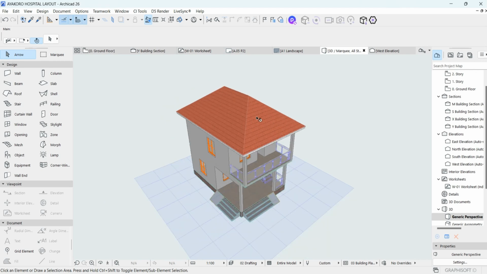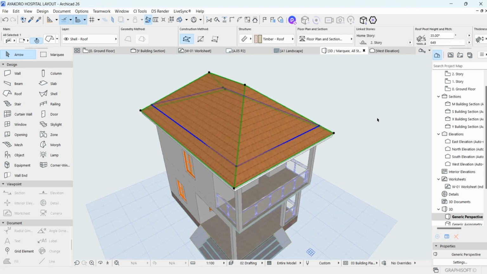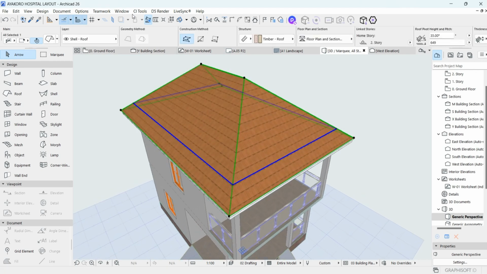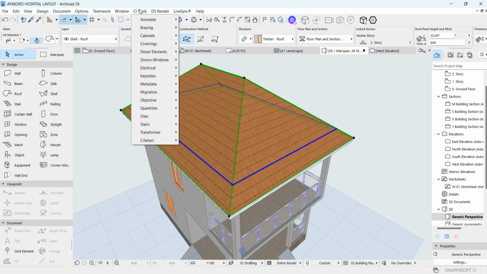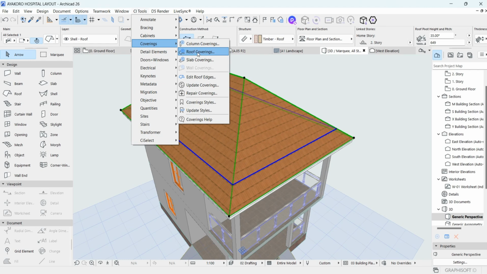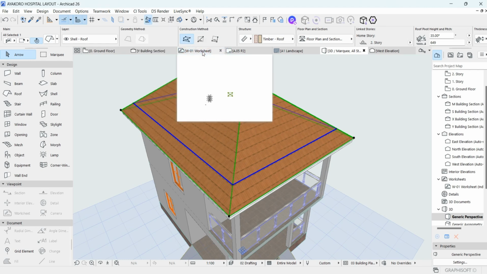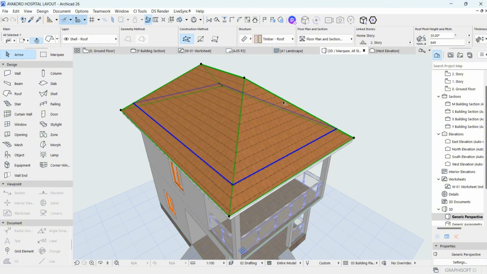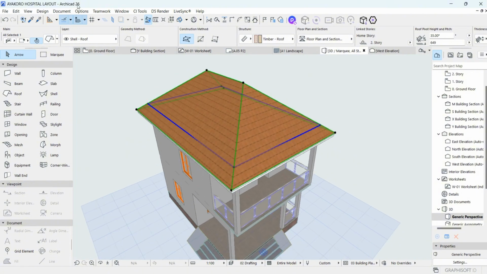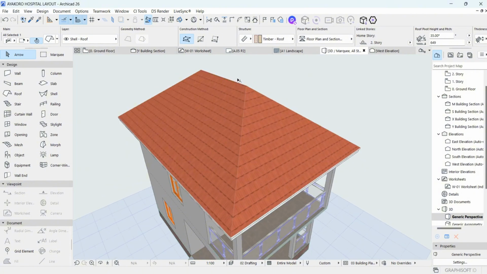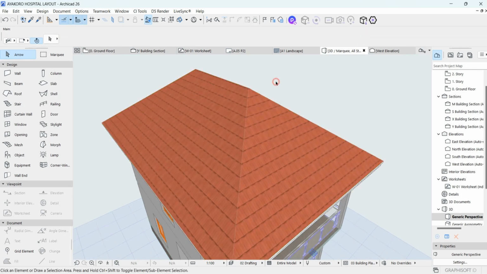So first of all, I will click on my roofing sheet after doing my roof. Then I will click on the CI Tools, then go to Coverings, then I will look for Roof Coverings. Okay, now I'm using Archicad 26, and there's something we usually do when using 26 after installing Cadimage. So I will go to my Object,